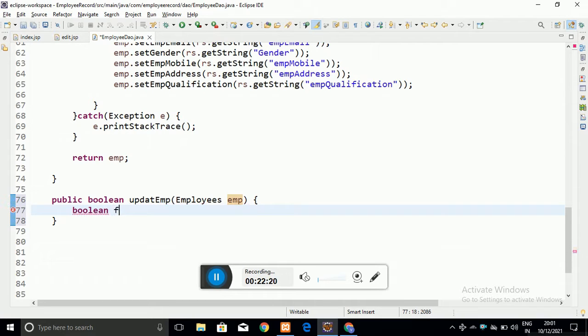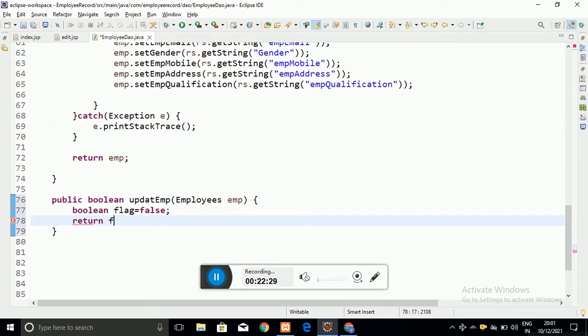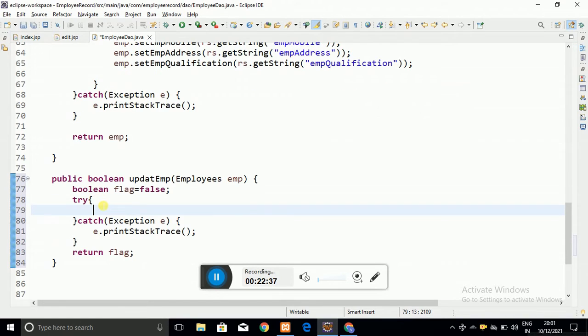Here I am going to create a flag variable, a boolean variable. Initially it is false, and that value is returned by this method, and when the data is updated, it will become true. This is for our understanding only.